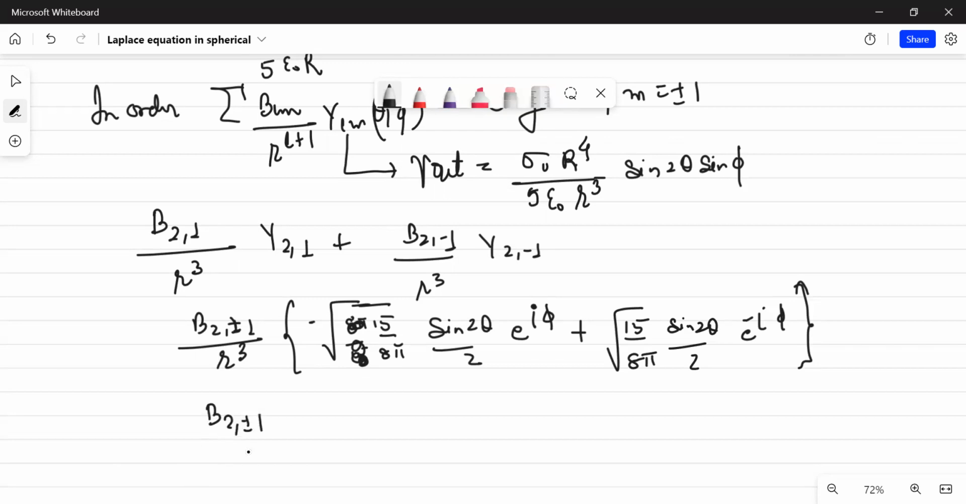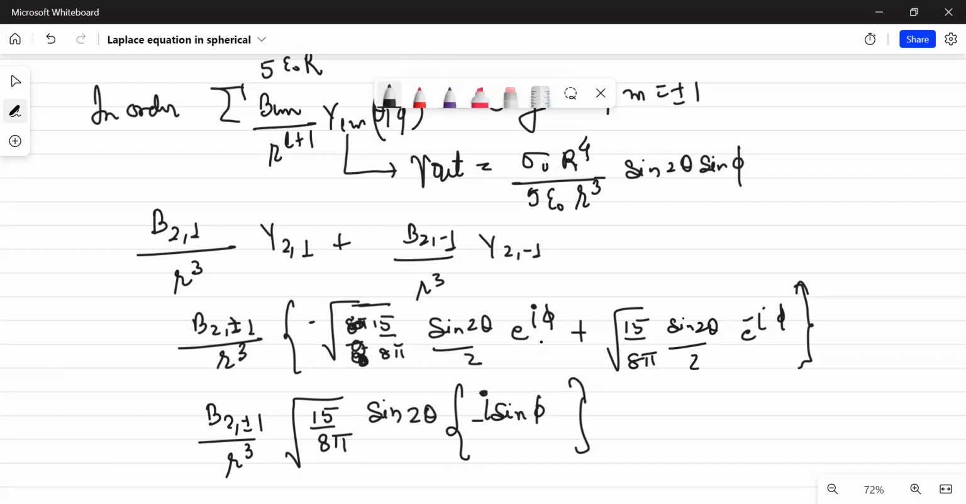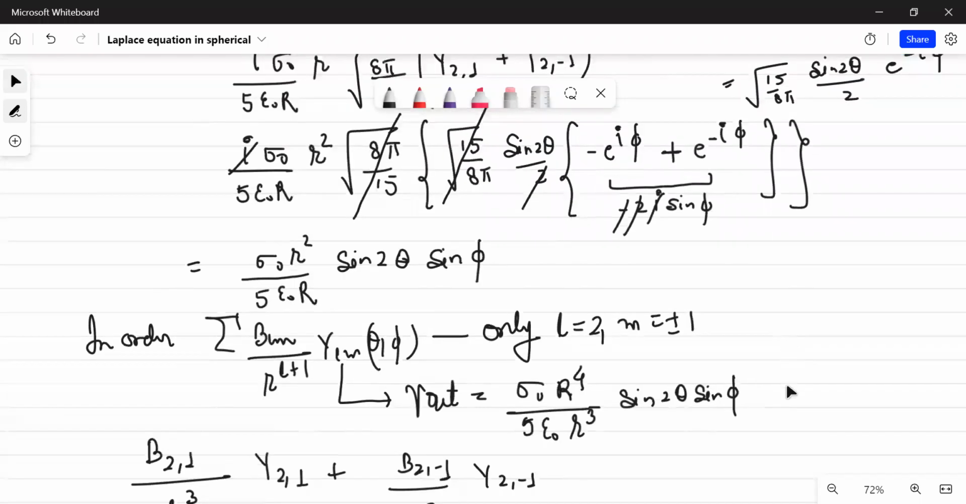B_2,±1 divided by r cube, and if you take root 15 upon 8 pi common out, and sine 2 theta also common out, what will you get? I think we'll get minus i sine phi, because you see there is a 2 here. So e to the power minus i phi minus e to the power i phi will be minus 2i sine phi, and this 2 gets cancelled, so minus i sine phi. Okay, and now what is B_2,±1? Replace that thing. So B_2,±1, if I correctly remember, this is